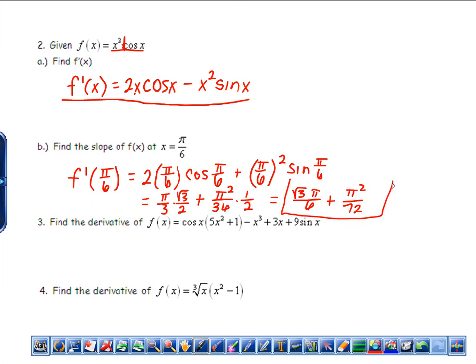Generally, you can leave functions unsimplified, but numbers you want to try to simplify as much as possible. You could work to get a common denominator here, but this is fine. All right, now